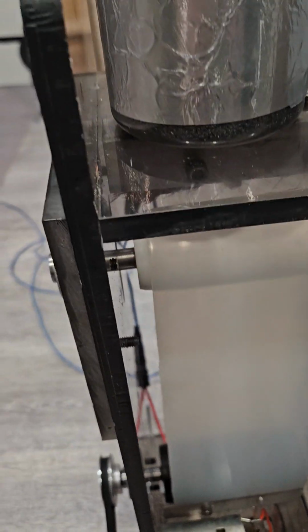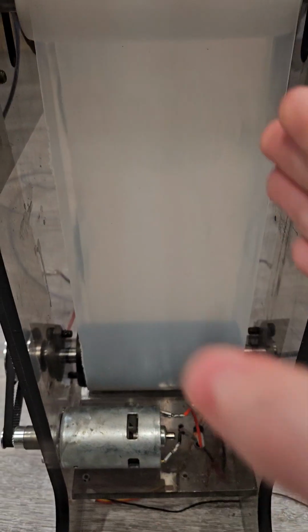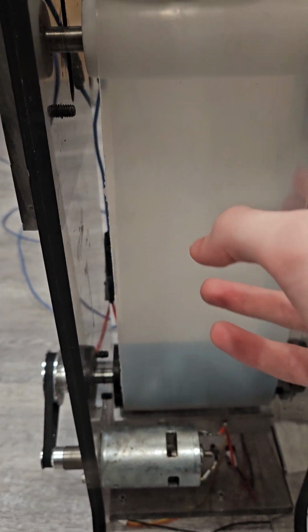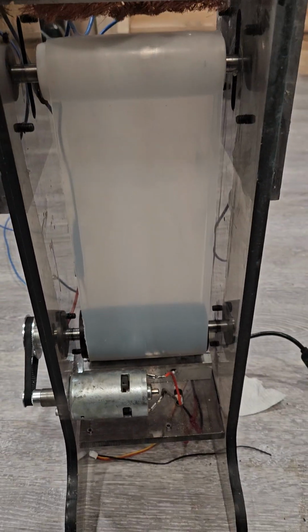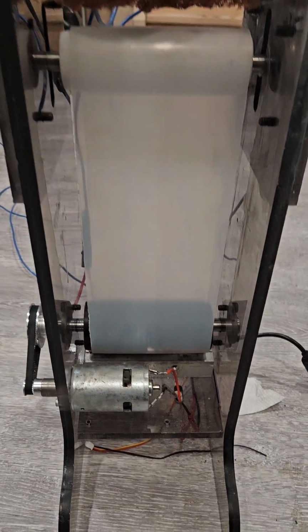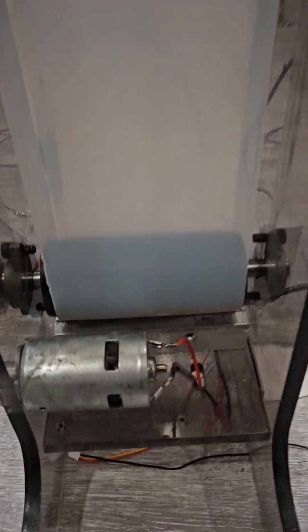The problem is that it's not making any static electricity for some reason when I turn it on. And I'm not really sure why. It could be because of this belt, because I've looked at several sources and no one seems to really know where silicone rubber is on the triboelectric series. I have seen it put near the top or near the bottom, and that might be one reason for it. But another reason is that it